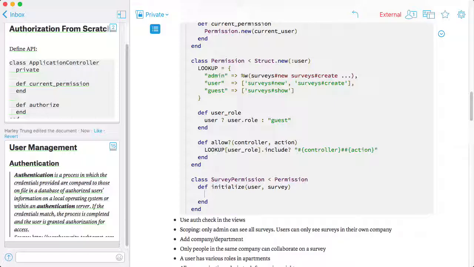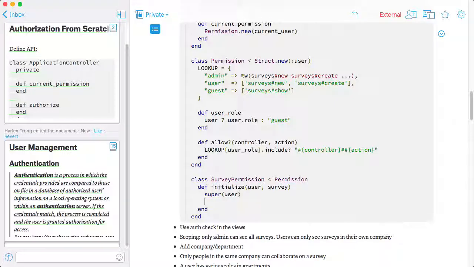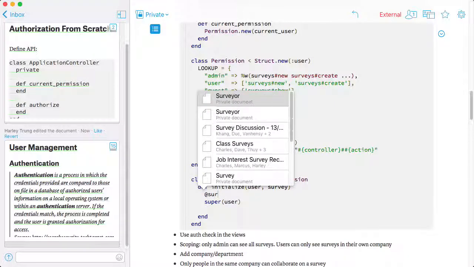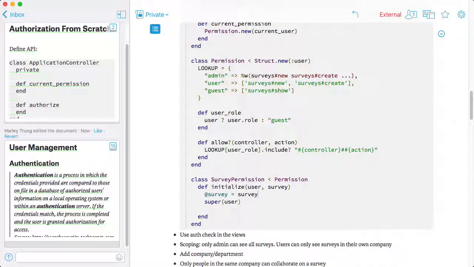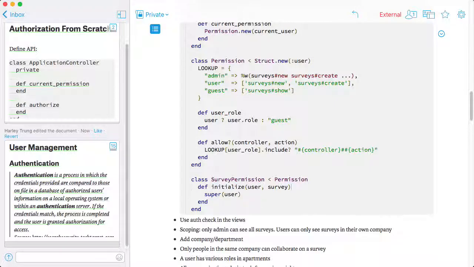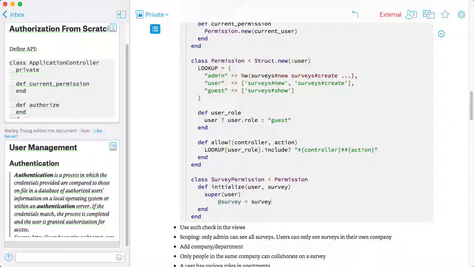Basically, you call permission parent, super, survey. But also, allow survey. So here you have survey equals survey. And what's happening here is you have the permission, but now you can override